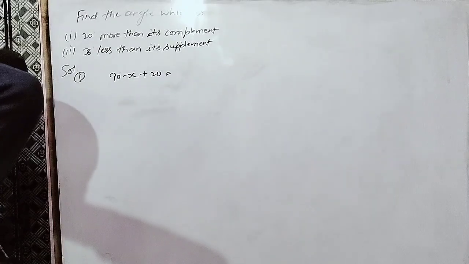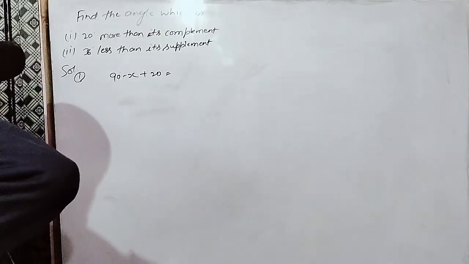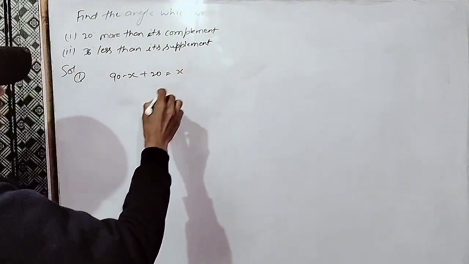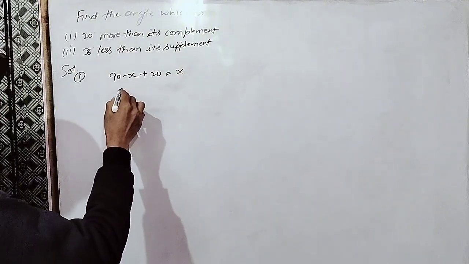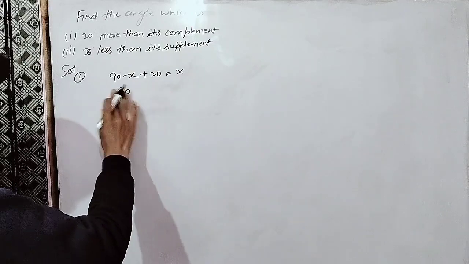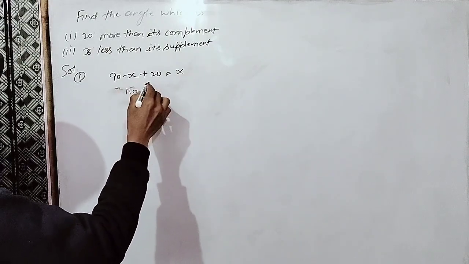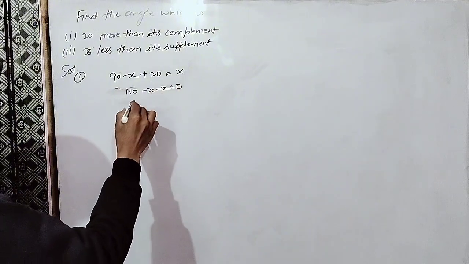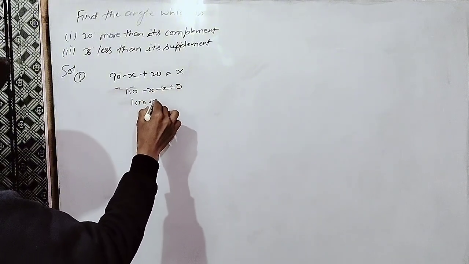First 90 minus x, then it is more 20, and now the complement value x. Okay, 90, 100 there. Okay, then